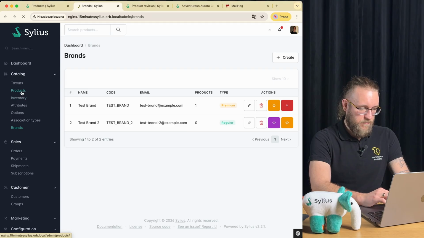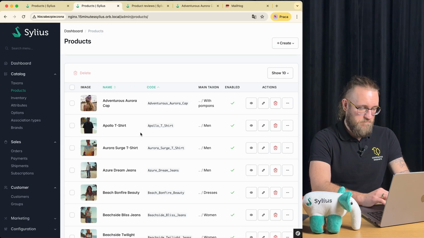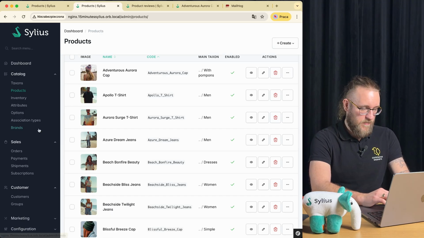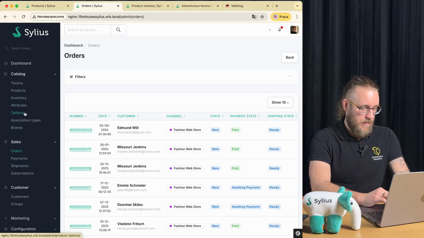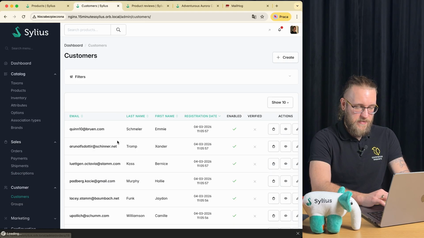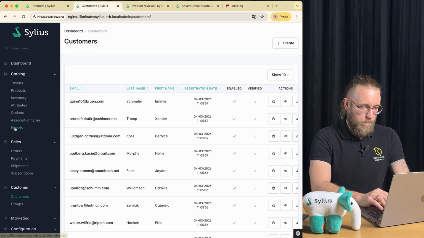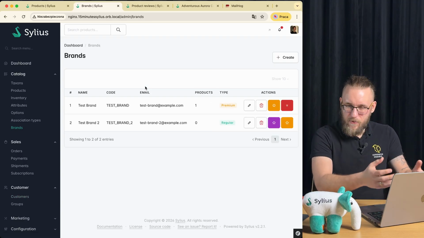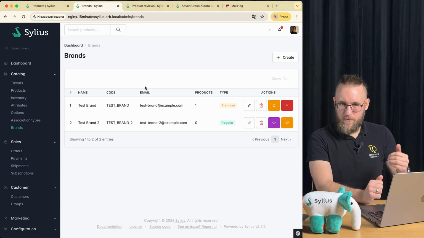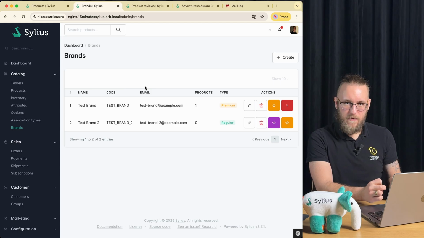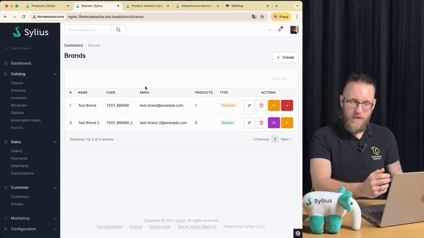As you see in Sylius, by default you have these beautiful products loaded, you have some orders, you have the customers and all of the amazing stuff that allows you actually to play a little bit with the store. But it's not like they are magically put into your database. We are using something that is called fixtures. So fixtures are the sample data that allows you to use the application without loading everything manually.